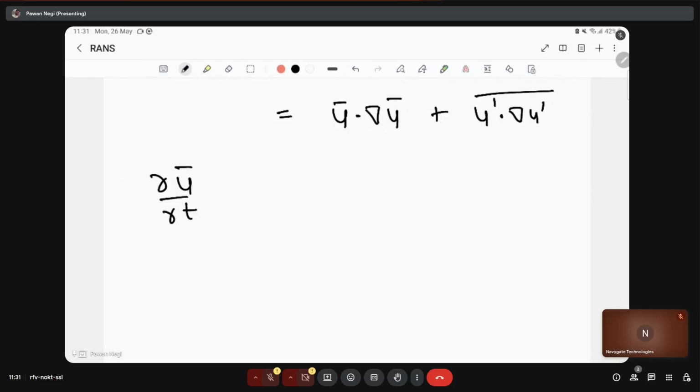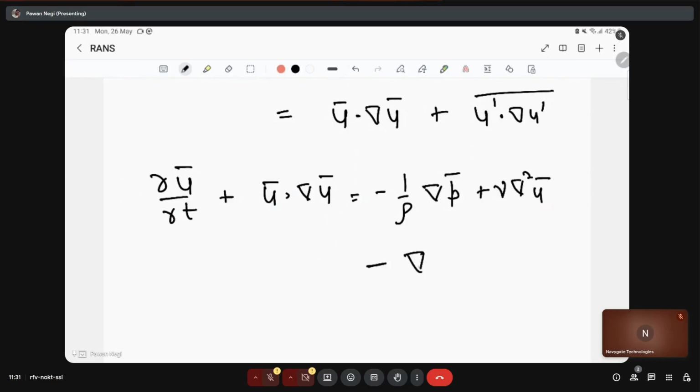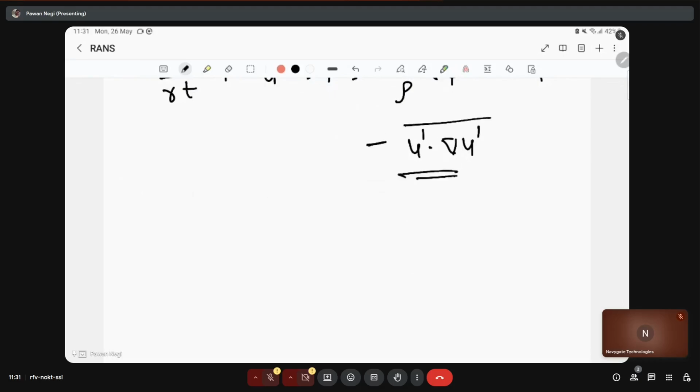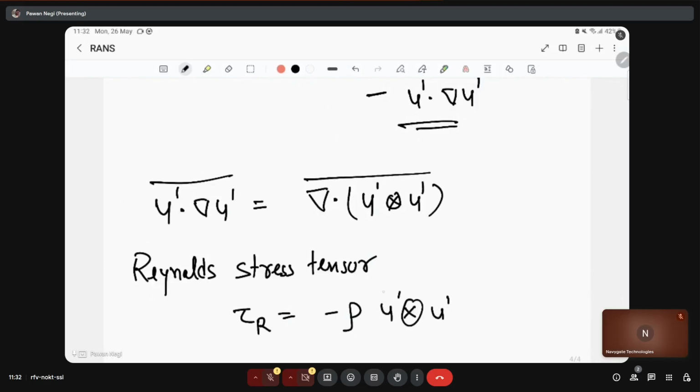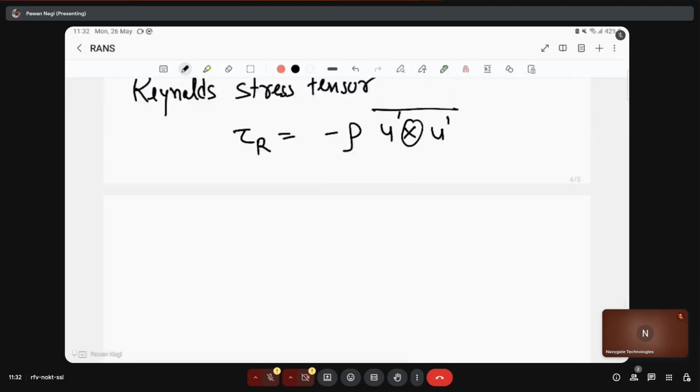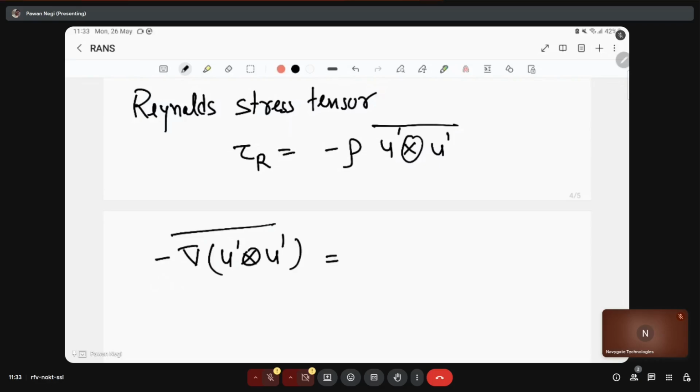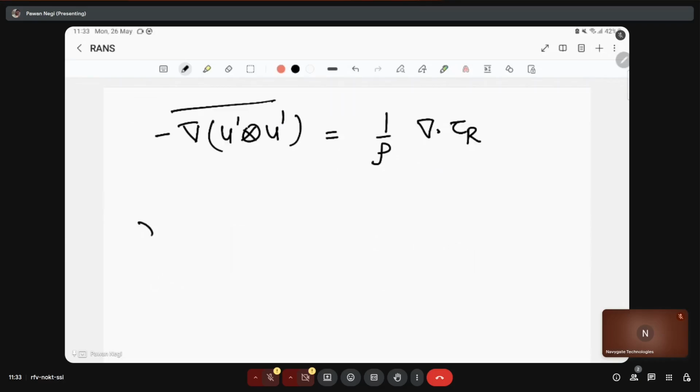So let's write the combined equation again. So we'll get this plus the averaged convective term, the averaged pressure term, the averaged viscous term, and an extra quantity, which we can also write as the divergence of this particular tensor. So we also define the Reynolds stress tensor as tau r is equal to negative rho times the average of u prime tensor product u prime. So therefore we can write this term as equal to 1 upon rho times the divergence of the Reynolds stress tensor. So therefore the final equation we can write as,